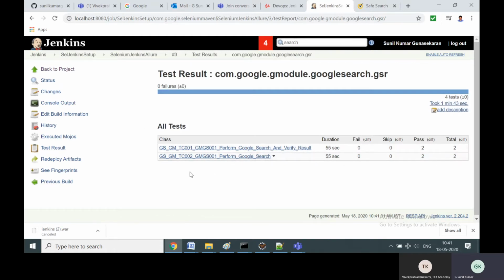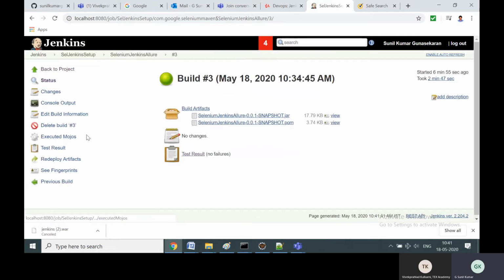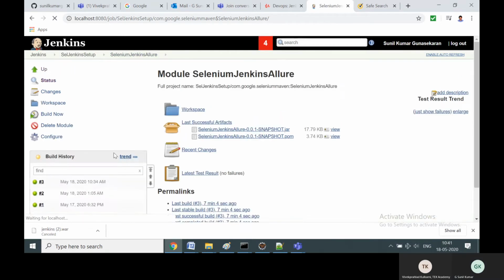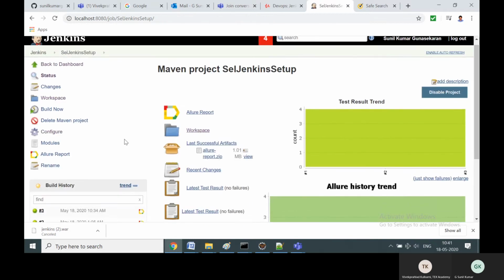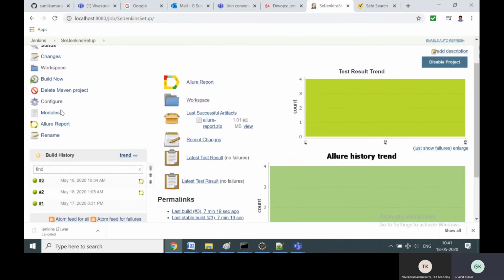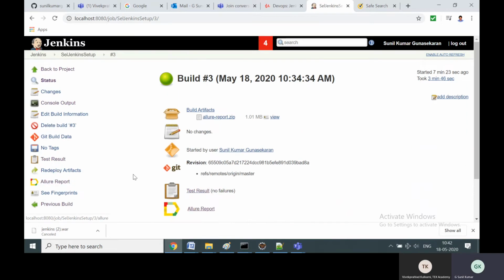So this is the default result, and the advanced version is this Allure report.